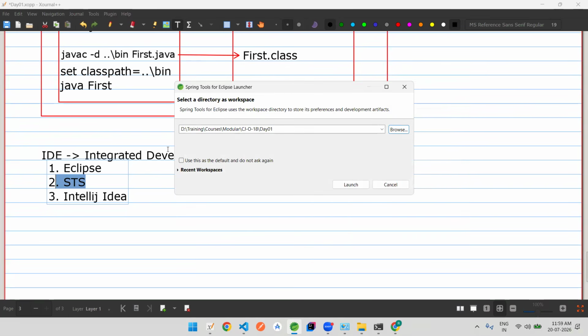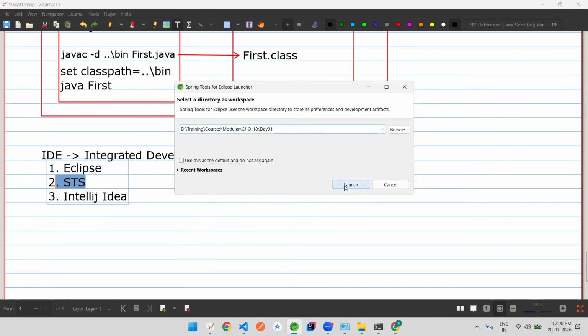Please observe once again, inside that modular batch, inside the CJO team, inside this day one I'm going to create multiple projects. कल अगर डे टू होगा सो आई एम गोइंग टू चेंज इट टू डे टू, परसों डे थ्री होगा चेंज टू डे थ्री, उसके बाद डे फोर, डे फाइव, डे सिक्स, यानी कि हर एक दिन के ऊपर वी आर गोइंग टू हैव मल्टीपल डिफरेंट प्रोजेक्ट्स दैट वी आर गोइंग टू क्रिएट। तो कौन से डायरेक्टरी में आपको वो सारे प्रोजेक्ट क्रिएट करने हैं, डू नॉट फॉरगेट टू चूज दैट पर्टिकुलर डायरेक्टरी।